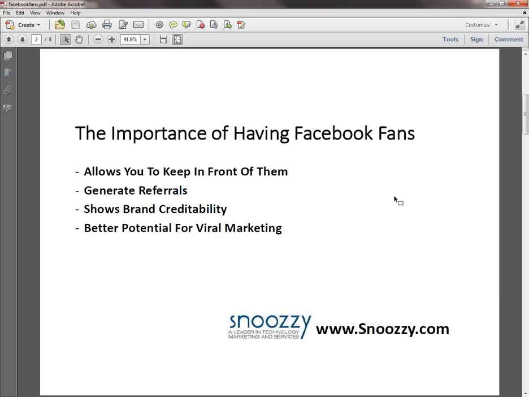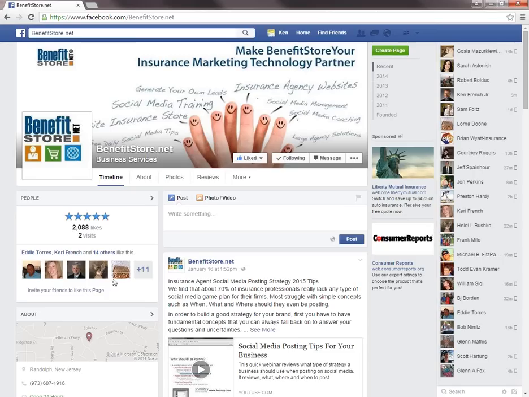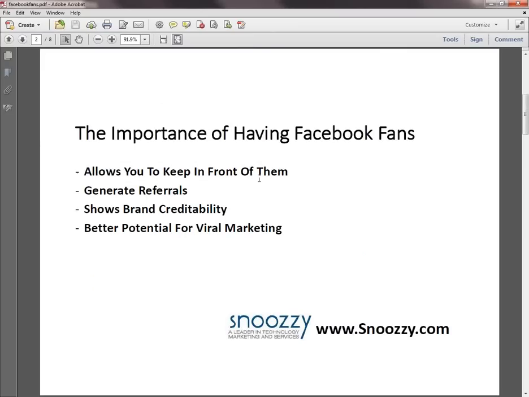The same thing can be said about Facebook. Though Facebook does have what's called a viral aspect to it, which we'll talk about later, the point is you want to get as many people as possible coming to your page and kind of opting in to receive your content. And that's going to happen by them coming and clicking on that like button. So once you understand that, okay, if someone comes to my page and they click the like button, then they get my posts, then you start to understand, okay, I need to have a strategy for that to happen.